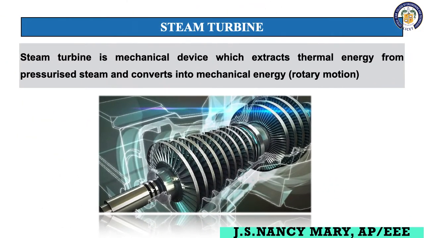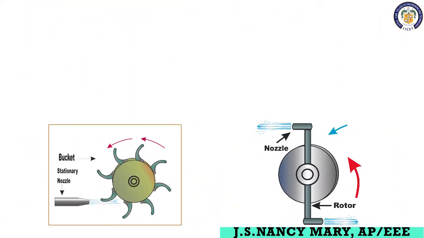What is a turbine? It is going to convert the heat energy or thermal energy into mechanical energy. So we could classify the steam turbines as the impulse turbine and the reaction turbine. According to the number of pressure stages, we could classify it as single stage and multi-stage, and according to the direction of the flow, as axial and radial. Okay. So let us consider the turbine now.